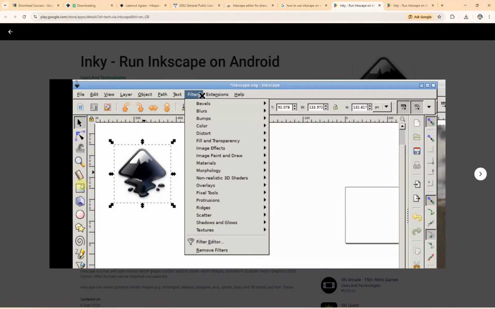To draw shapes or lines, use the tools located on the side toolbar. You'll find options like rectangles, ellipses, and freehand drawing tools. Tap on any tool to select it, then tap and drag on the canvas to draw. You can adjust the properties of each element like color, stroke, and opacity using the options at the bottom of